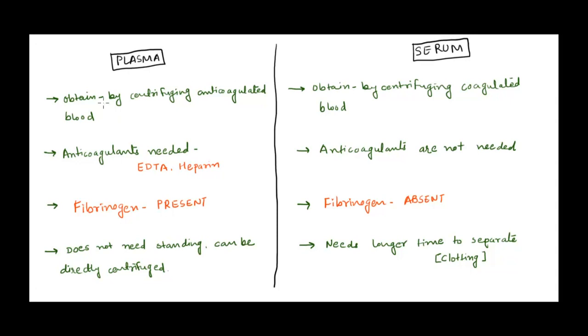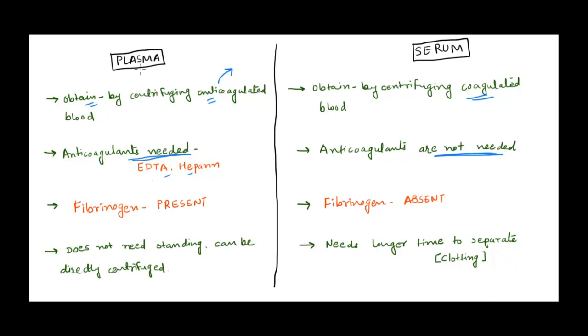Alright, so we saw that plasma we can obtain when we centrifuge the blood, which is anticoagulated. We do not allow it to clot, so that we get the plasma, because if you allow it to clot, you will not have fibrinogen. So plasma is obtained when you centrifuge the anticoagulated blood, and since it is anticoagulated blood, of course we need anticoagulants for plasma like EDTA and heparin. On the other hand, serum, we allow the blood to clot, right? We want the blood to clot, and then what liquid is separated is serum. So here we centrifuge the clotted blood,